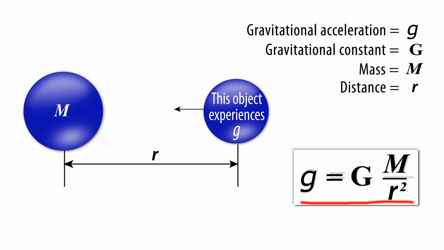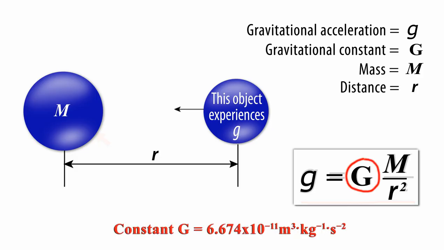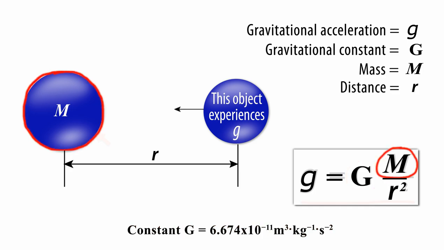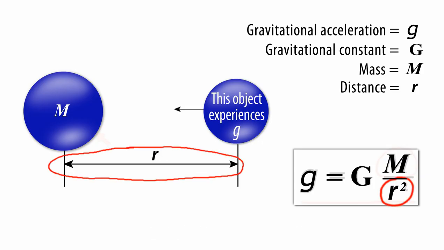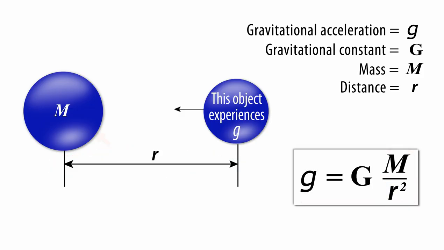Let's read this equation. Big G is a universal constant that is the same everywhere. M is the mass producing the gravitational attraction. R is the distance between that mass and the object experiencing the acceleration small g. This equation gives us two reasons why small g varies ever so slightly from place to place on the surface